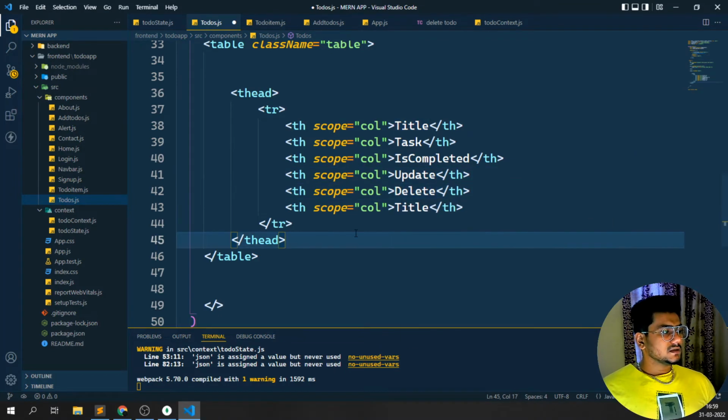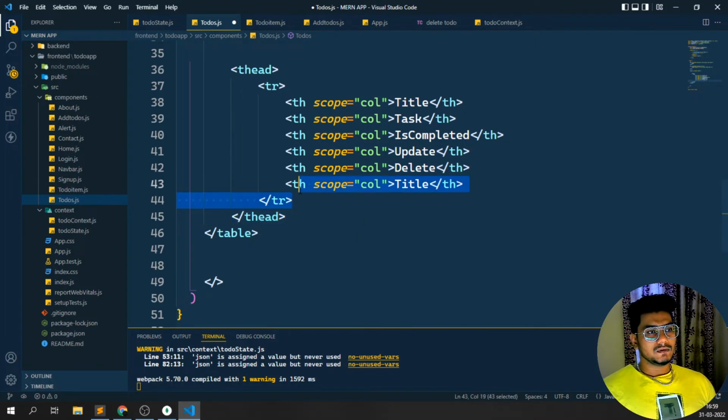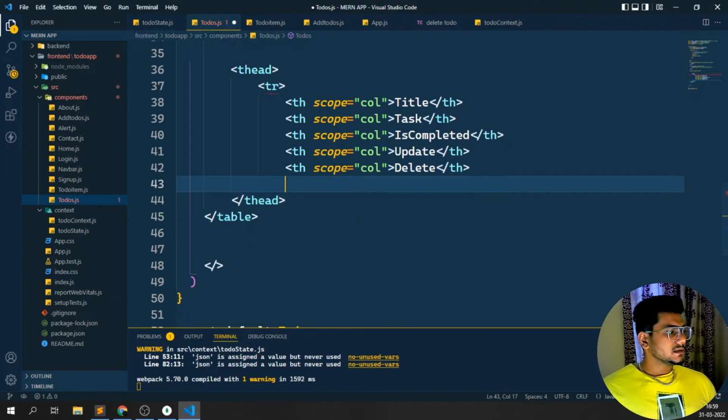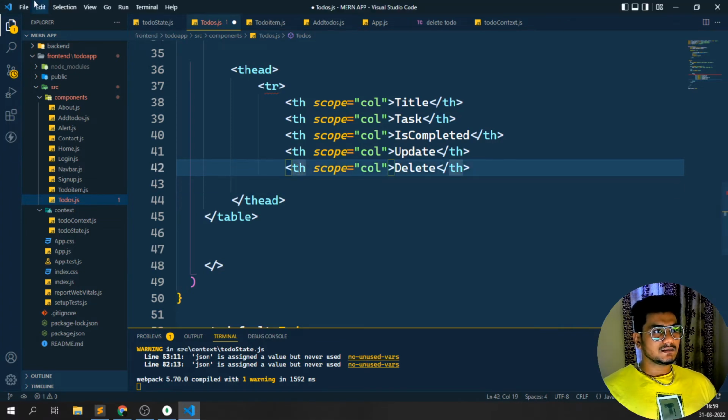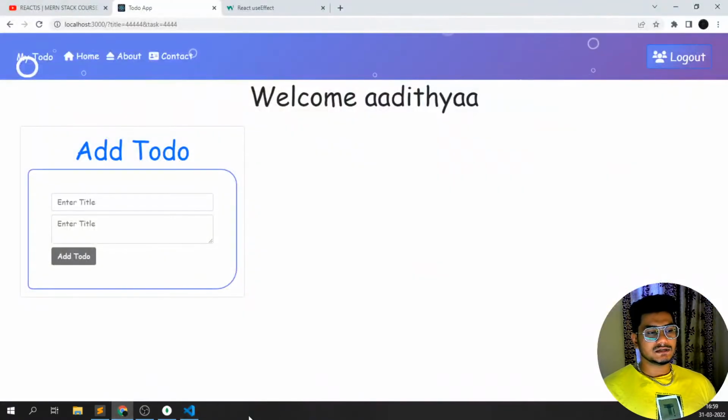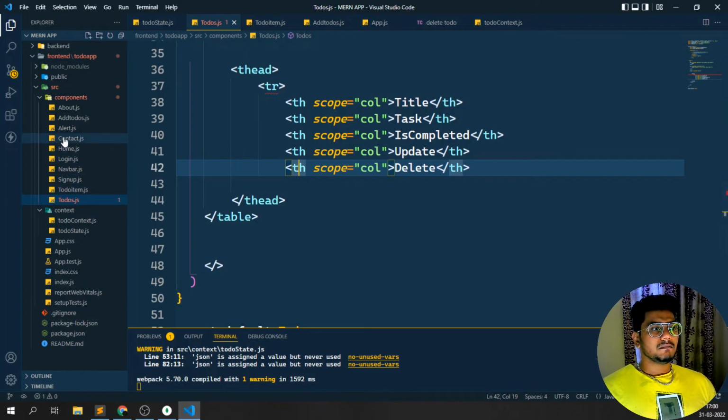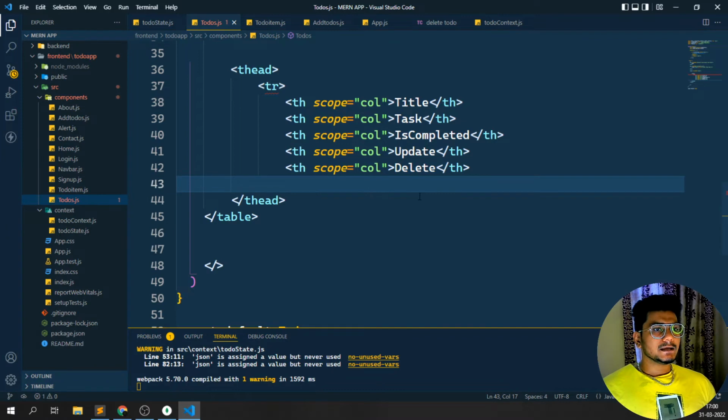Okay, so this is the thing it should just display, or it should show. This is the one thing it should just show. So if I just save, you guys can see. I think you cannot see it right now because this thing we have not passed here. This thing I have not passed inside my home page, so I need to do it. So let's see, the table row has not been closed, so I need to close this